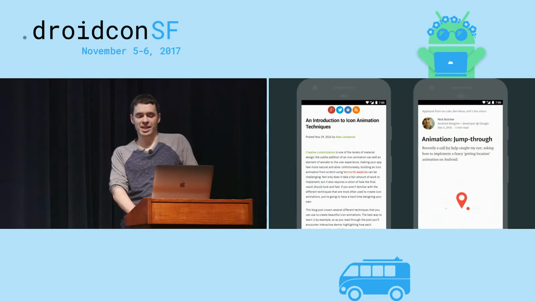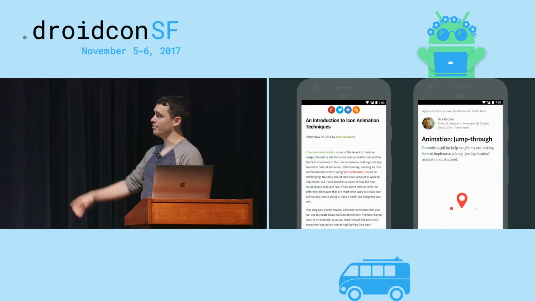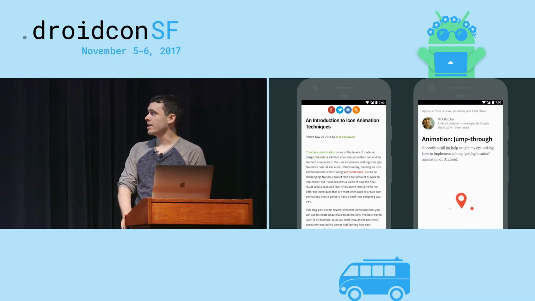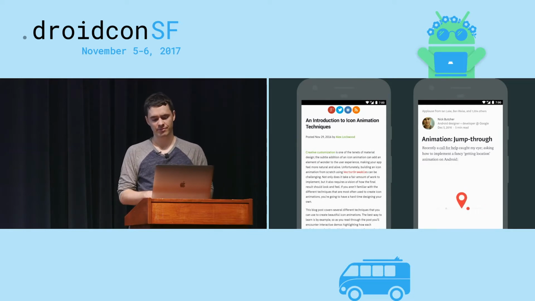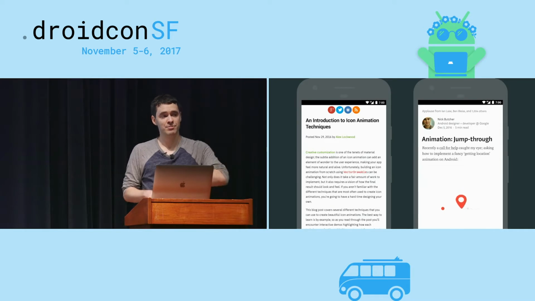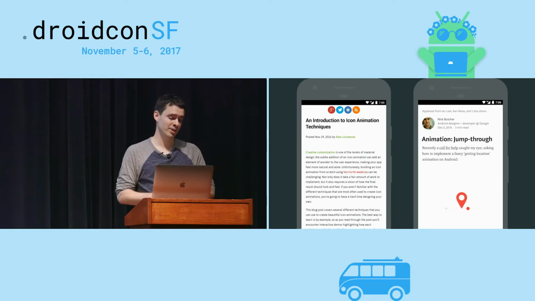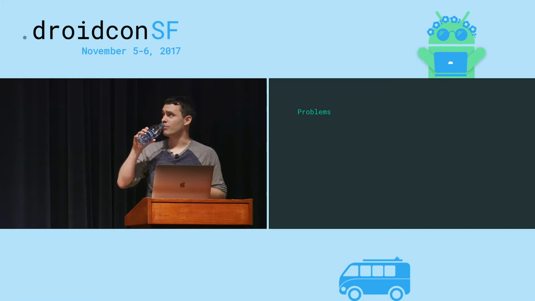And around the same time, Nick Butcher also wrote a blog post explaining how he built a path morphing animation from scratch. And we got together and agreed that this was way too hard, and we were writing SVG path strings like animals and doing all this math that didn't seem necessary. So we got together, and